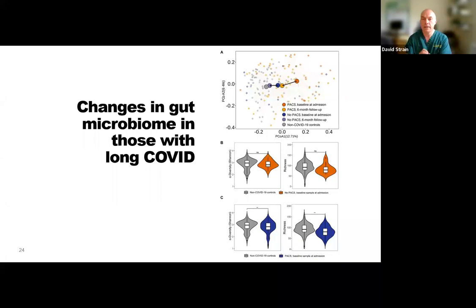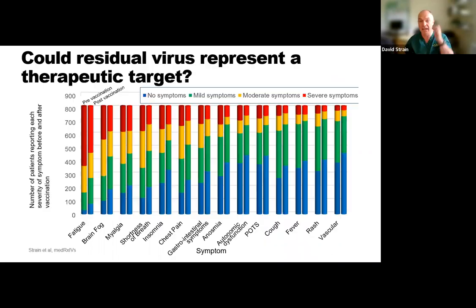So other anecdotal data is actually some of the stuff that we produced. And I'm going to show you the graph that we've got from medRxiv. This has actually now been published. And this was a questionnaire survey type approach that we did that was just looking to find out what impact the vaccination had on people living with long COVID. Now, we put this together with 4 of the country's biggest long COVID support groups, and I also reached out to one of the groups in the States and a separate group in Israel. Actually, it was one of my friends from BMA who was associated with the long COVID support group in Israel,